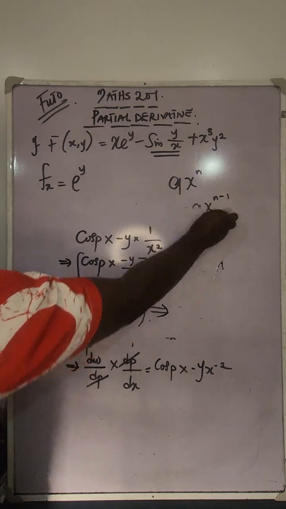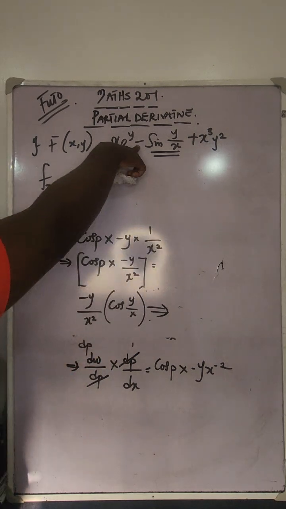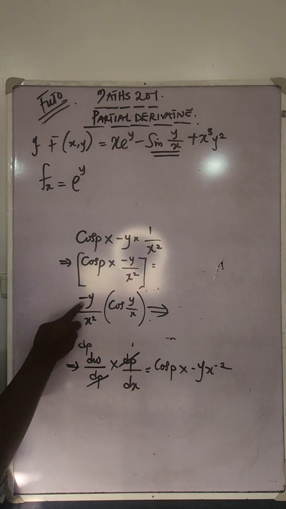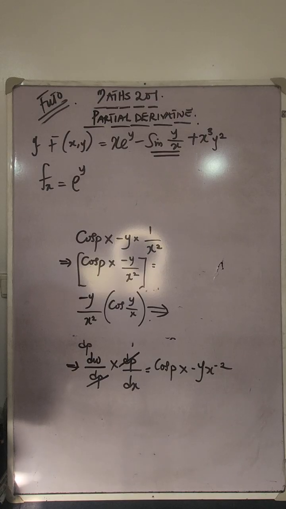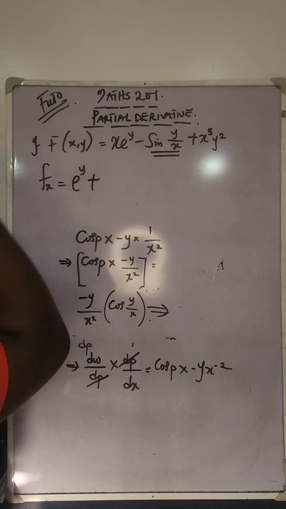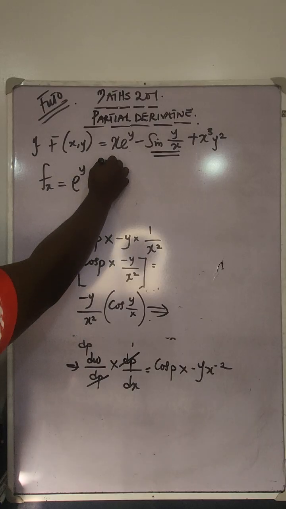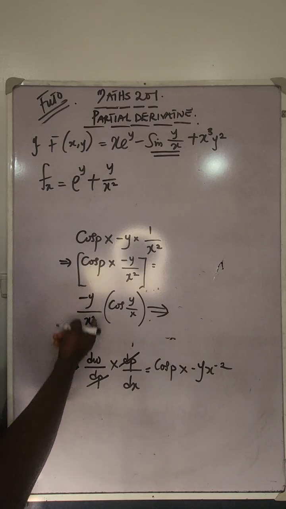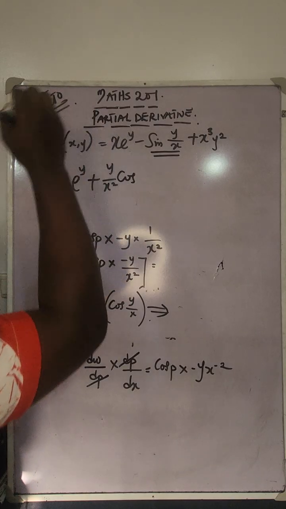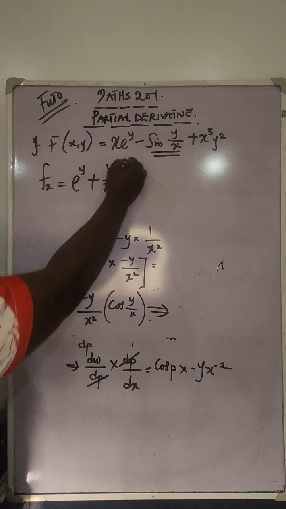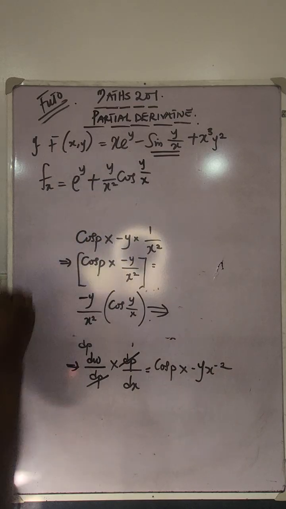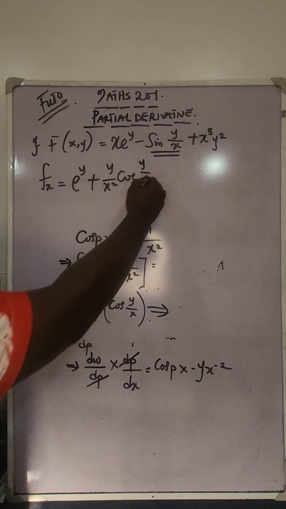What did I say? Recall that there is a minus here. So when a minus multiplies a minus, you have a plus, a positive. So we have plus y over x squared, cos y over x. Did you see that? Now plus,